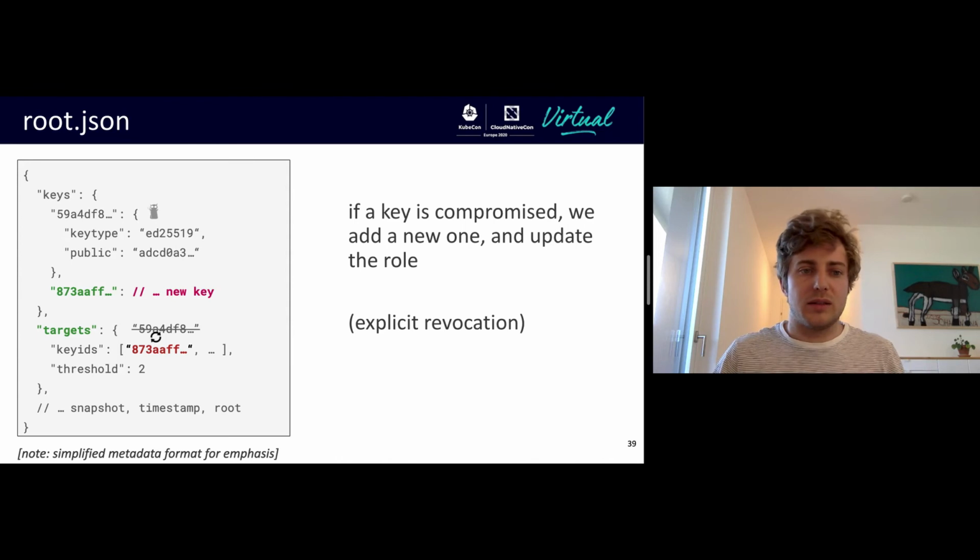So here we just remove the old key ID that's authorized to provide signatures for the targets role and add the ID of the new key. This is called explicit revocation. This even works for the root metadata itself. It's a little bit more complicated, but you can also just rotate the keys that root defines for itself.